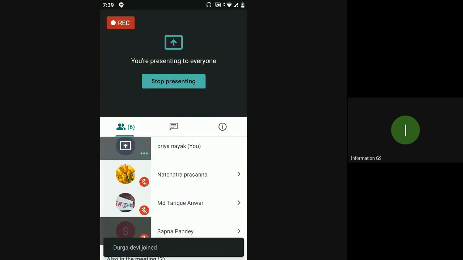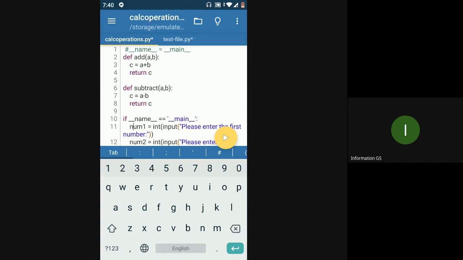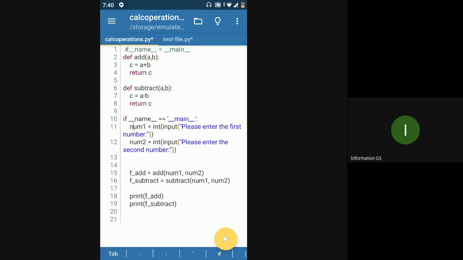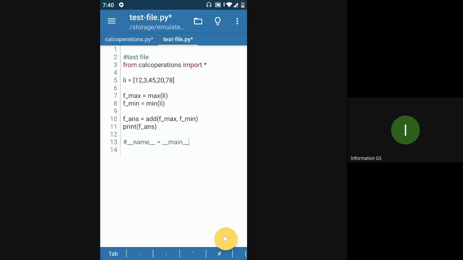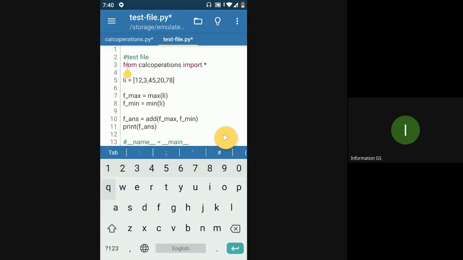So let's do one small last topic, which is built-in modules. Till now, whatever modules we have seen, we have built ourselves. Those are user-defined modules. We created files and imported them. For example, calc operations.py is the file I wrote with these two functions, so when I import it in some different file, it becomes a user-defined module. But similarly, you have certain inbuilt modules as well. Let's take a look at that.